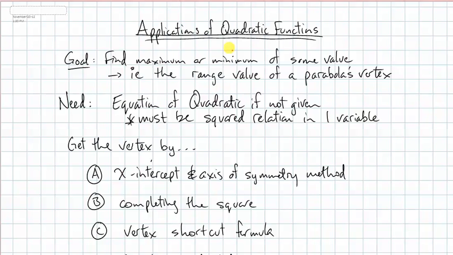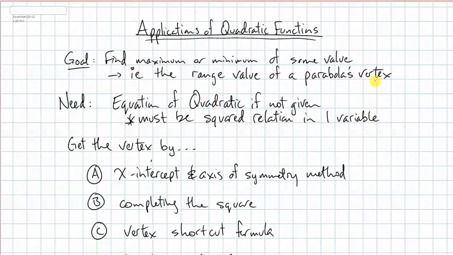In this lesson, we're going to learn about using quadratic functions in applications or word problem solving. The goal will be to find either a maximum or a minimum value of some parameter. It might be a volume maximum or an area maximum. It might be the minimum cost. It might be the maximum profit. What this really gets at is finding a range or y value of a parabola's vertex, because that's where the